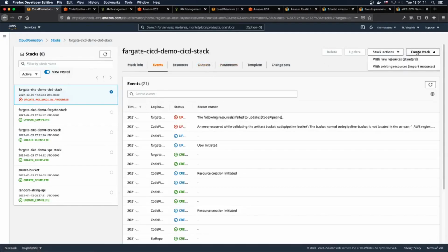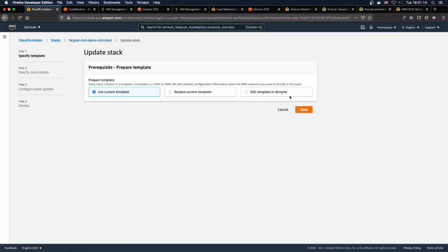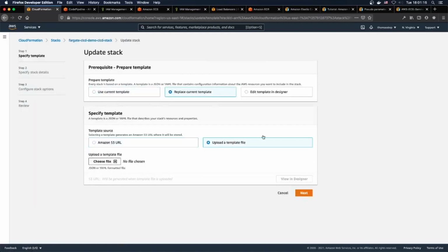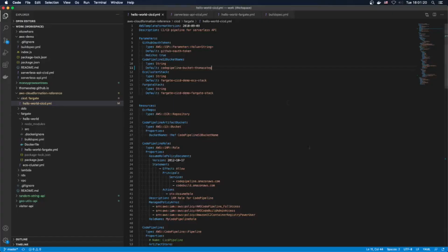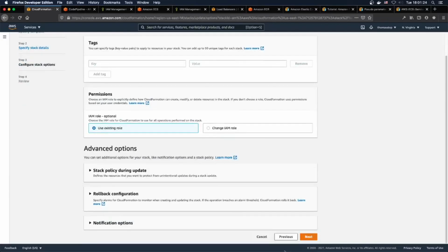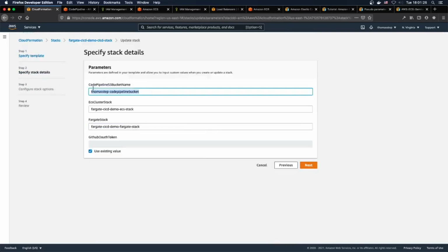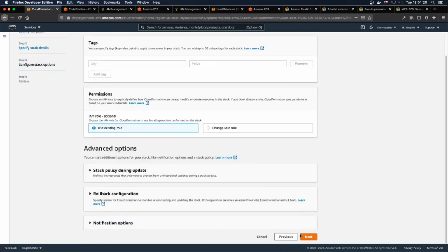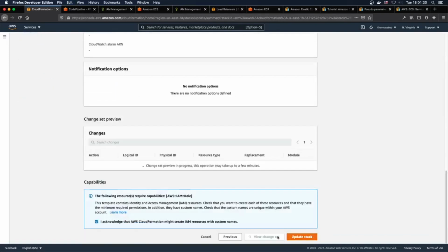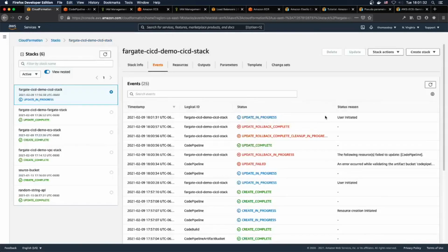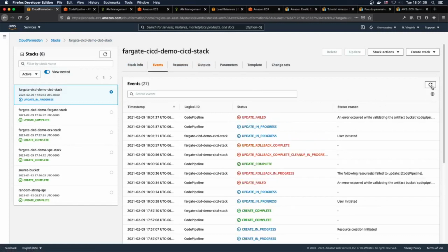Maybe I need to do that. Make it more unique. These buckets, I believe they're global. They have to be globally unique. The names do. So I don't know if that's what this was, but if this doesn't work, then